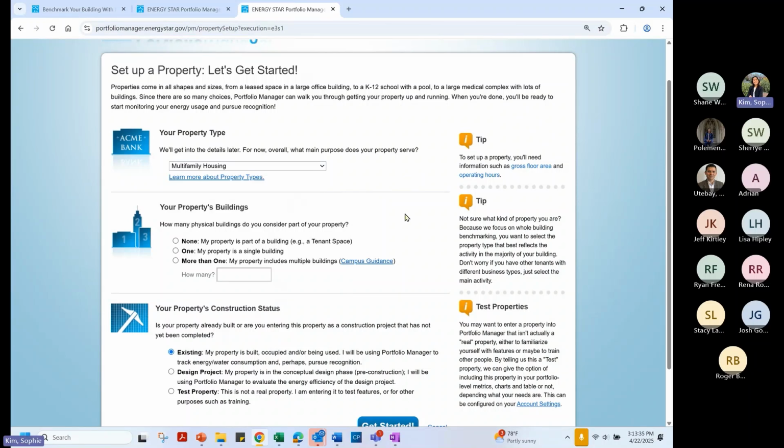All right, moving on here, we'll now select the number of physical buildings that are part of our property. As you can see here, we have three options: none, one, or more than one. If you are selecting the more than one option here, aka you are benchmarking more than one building or a campus property, I do want to point out that a campus property should include all properties on the campus that